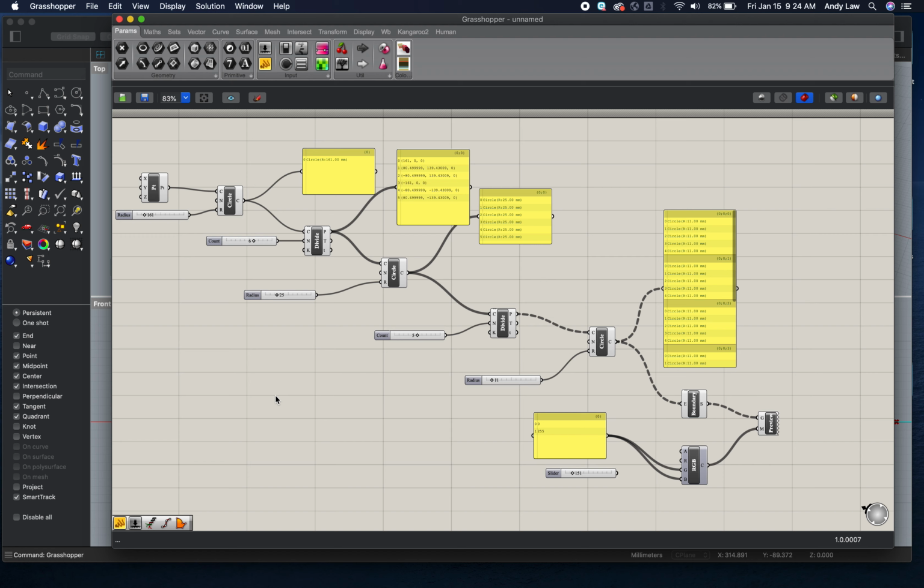So if we look back at the structure, we can see that we start out with a single circle, which is held in place by this point, and then that circle is divided up 6 times, and those points are then passed to the circle creation component, which makes 6 circles, and those 6 circles sit on top of the previous circle, and then we repeat that. The circle is then divided, those circles, because there's a few of them, are then divided up, and those points are passed along to this new other circle creation component, which makes a whole bunch of circles, and those circles